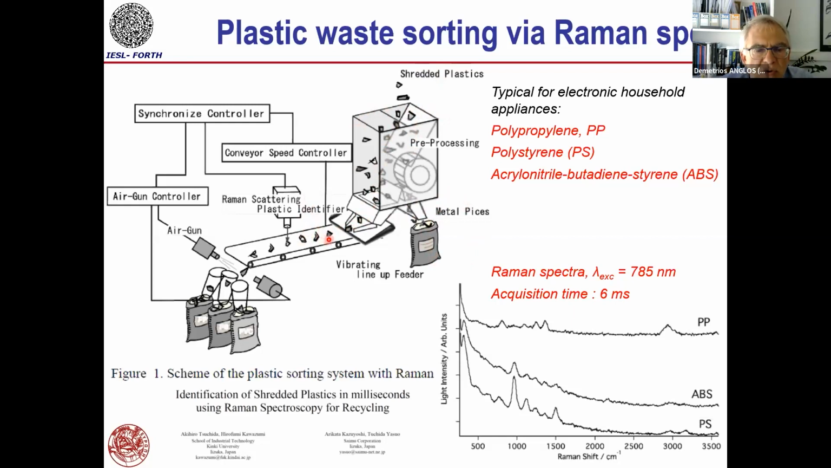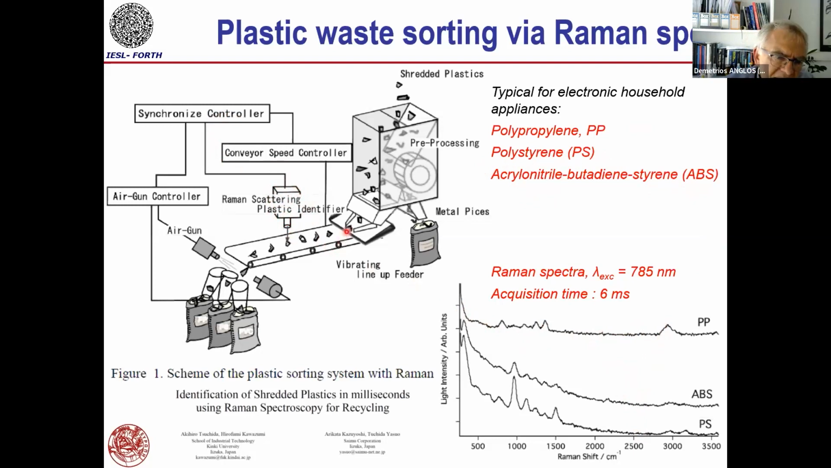There are some monitoring tools to actually look at where those pieces are, and these tools give the go to a Raman spectrometer, a Raman probe, that is located over the conveyor belt and performs the analysis. For typical electronic household plastics like polypropylene, polystyrene, or ABS, you can see the spectra that the authors of this paper have shown, and it's possible to differentiate among these three spectra using certain algorithms. So through the control unit,